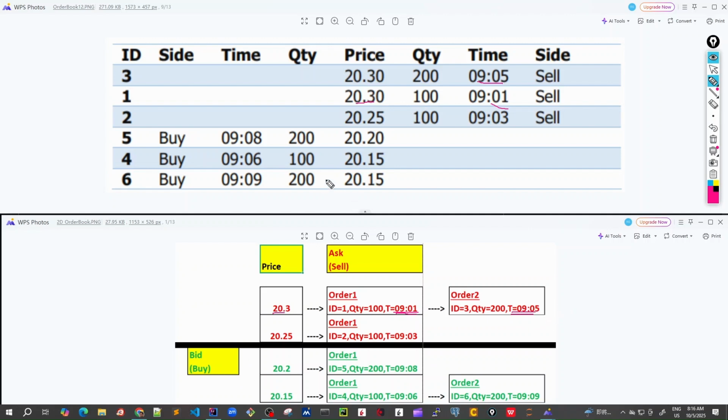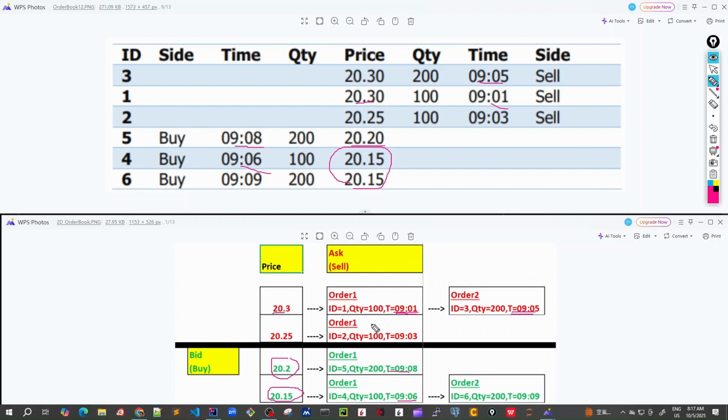Same goes with the buy order. We can see that for the buy order, we have got the best price at 20.20. That's why we have got only one price level here. And then we place at the head the best time priority, which is only one, which is 908. Similarly, for 20.15, in our 1D order book there are two prices, but for the 2D order book, there would be only one price level available. At the head, it would be the best time priority, which is 906 here. It will be placed at the head of this linked list, and the order at 909 would be appended at the tail of it.